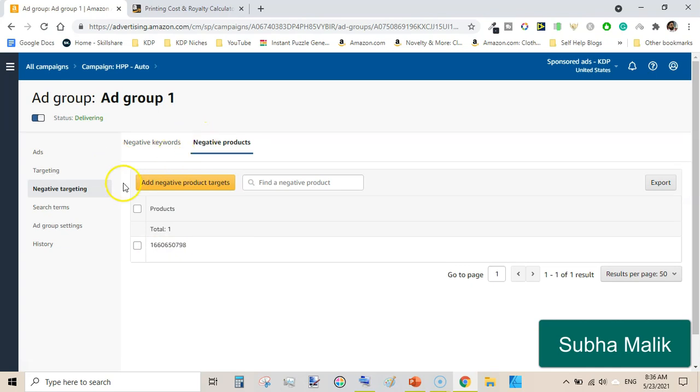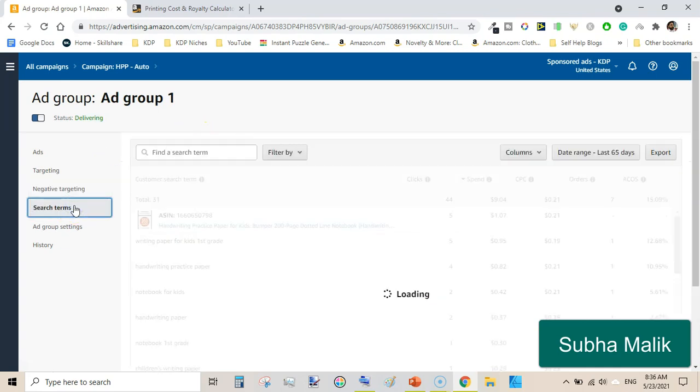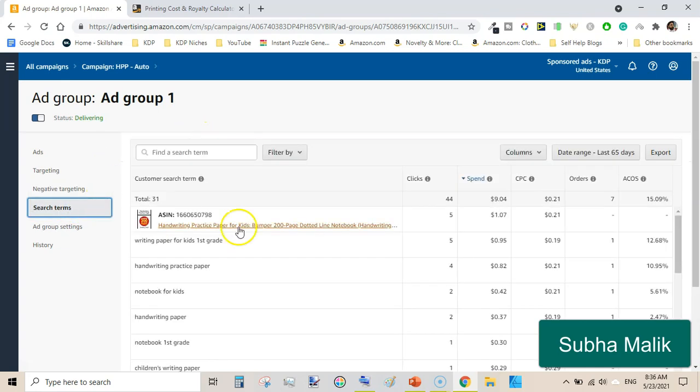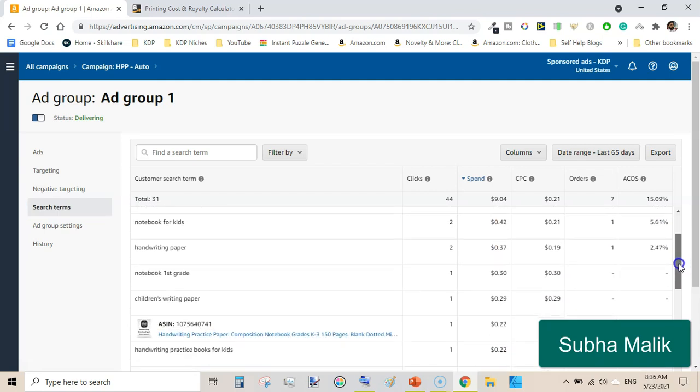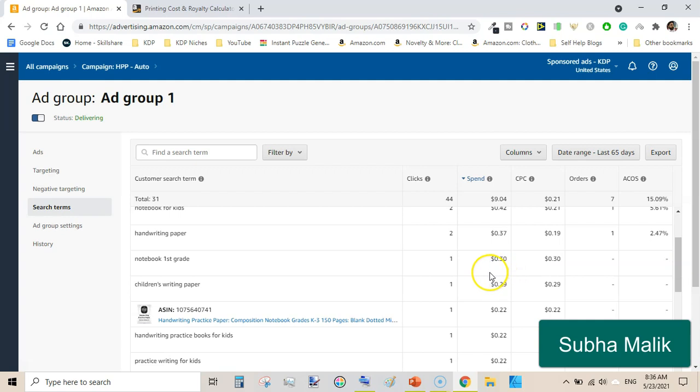You can also do the same with any keyword or search phrase. For example, I will look at the search phrase that has spent at least $1 and is not making any sales. Let's suppose this keyword has spent $1 and it hasn't generated any sale.